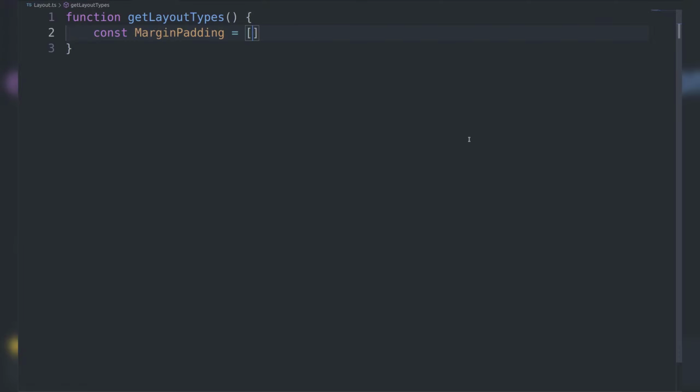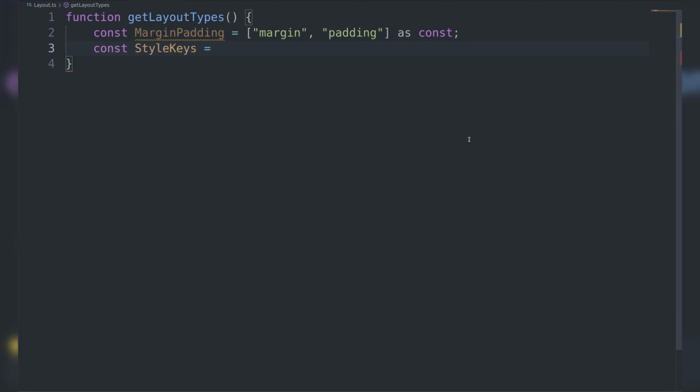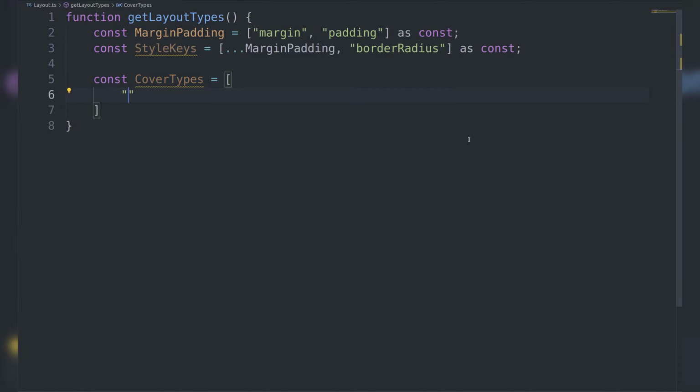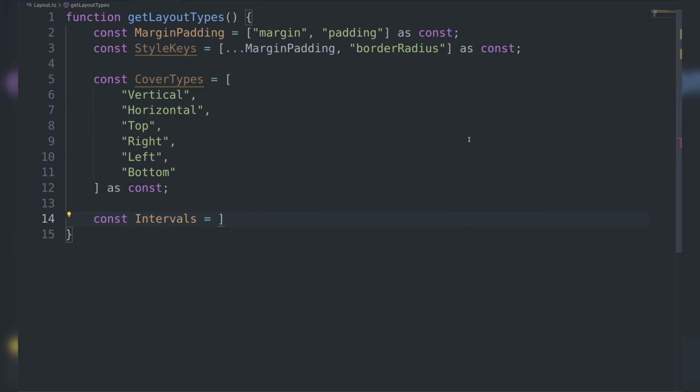We'll start with the property keys. These arrays define everything we need to build our property keys. Border radius isn't in this first array as it has 4 other keys for the corners, unlike margin and padding, so we've left it out. The cover types array lets us add the permutations for horizontal, vertical, top, etc., like margin top, padding bottom, and so on. Just below that, we'll define the intervals that we want. This determines whether we have that margin top 6, margin top 7, margin top 8,